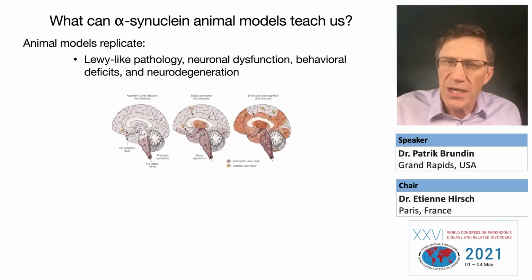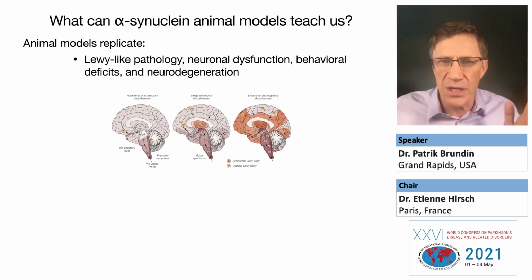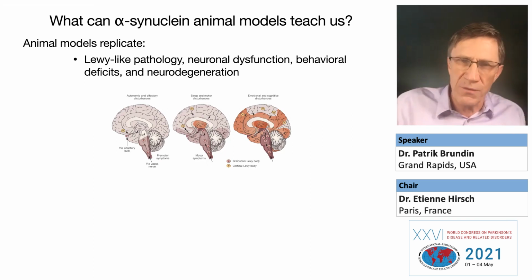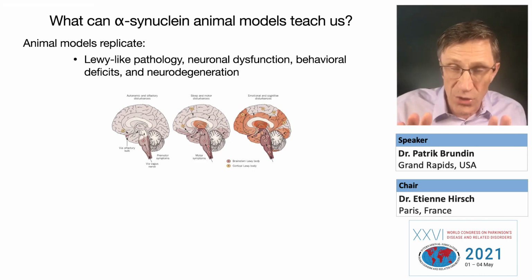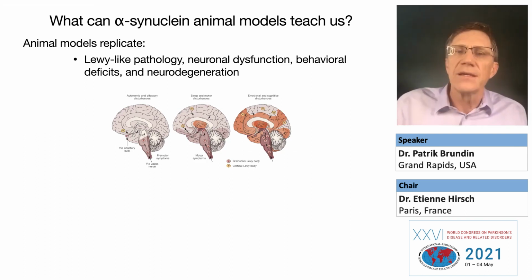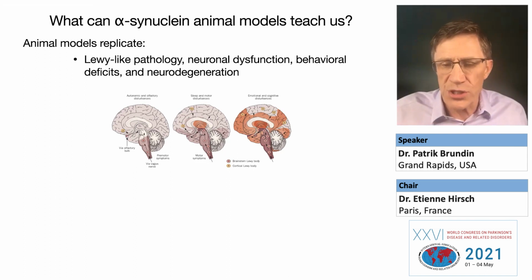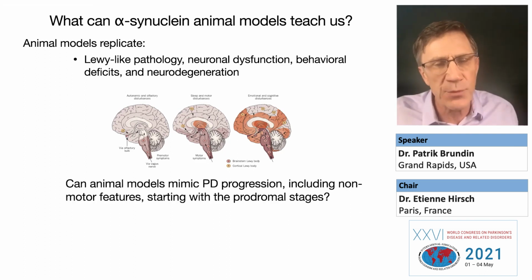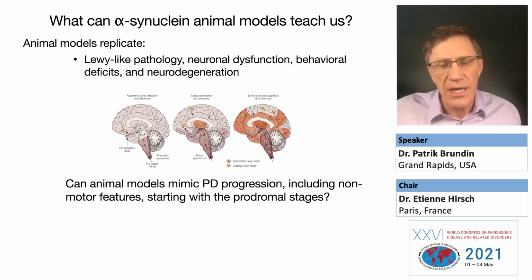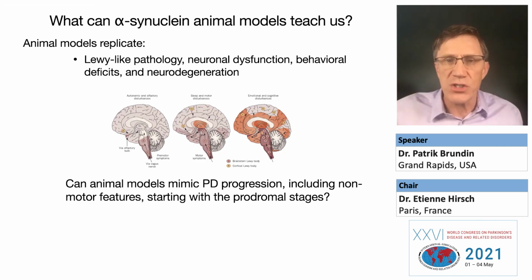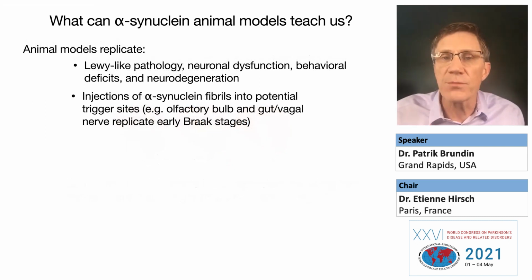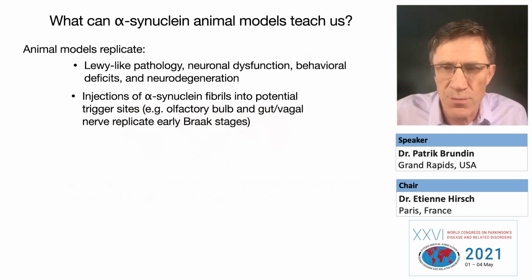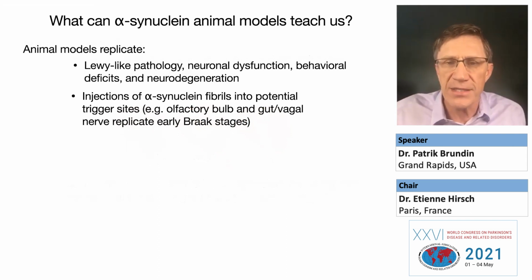But another question is, can you replicate other parts of the Parkinson pathology? So you know, of course, that before you get Parkinson's, there's pathology, as we mentioned, according to Braak's idea, outside the basal ganglia, and later in disease, widespread pathology throughout the cortex. So the question is, can animal models mimic Parkinson progression, including the non-motor features, starting in the prodromal stages? And here, injections of synuclein fibrils into potential trigger sites, namely the olfactory bulb and the gut, replicate the early